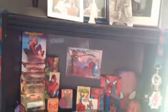Oh, we also have this, which I got at Comic-Con. You can kind of see the reflection of my shirt here, but it's Dr. Quackapus versus Spider-Taz. So yeah, that's pretty cool. Alright, now if we move over here a little bit to the window, in order to show you this,